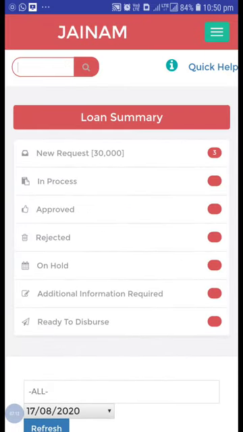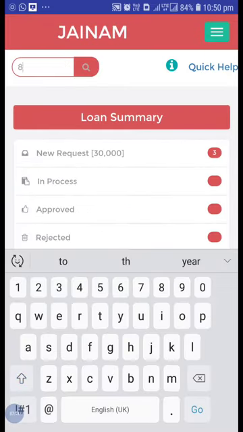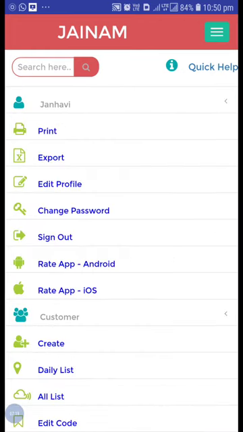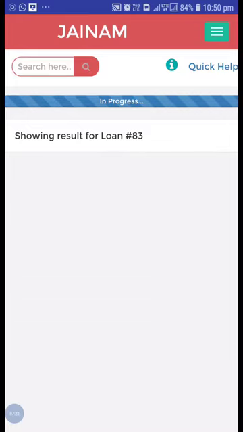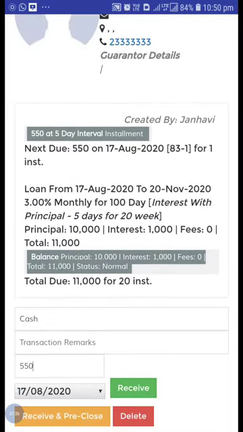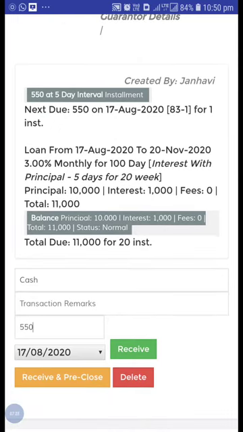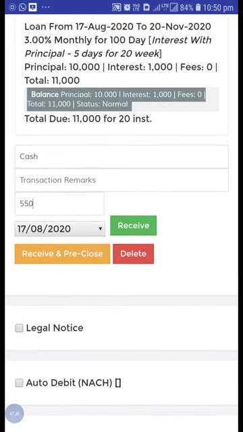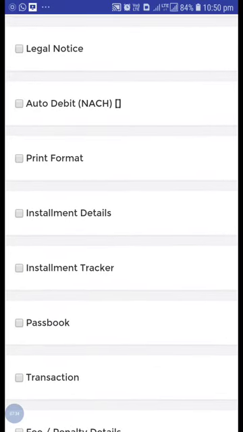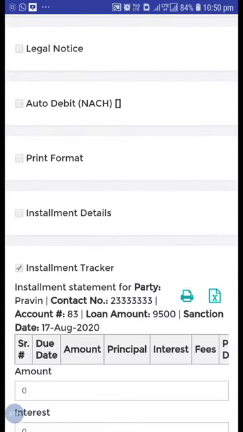So let's search loan number 83. You can see I have created that product scheme with a 5 day interval for 20 weeks and a 10,000 principal amount. Click on the installment tracker.